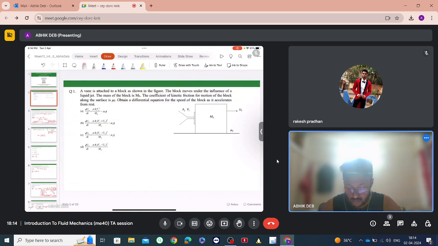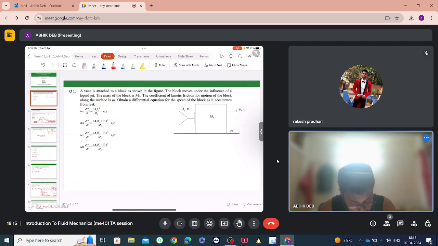Okay, so a vane is attached to a block as shown in the figure. The block moves under the influence of a liquid jet, and the mass of the block is mb. The coefficient of kinetic friction for the motion of the block along the surface is mu k. Obtain a differential equation for the speed of the block as it accelerates from rest. So this problem,